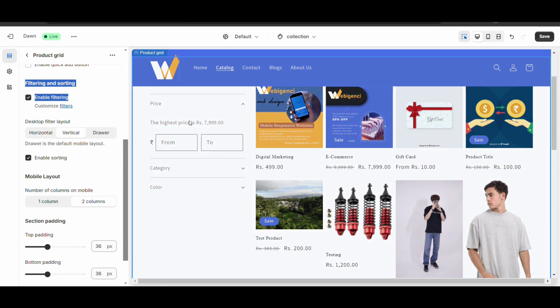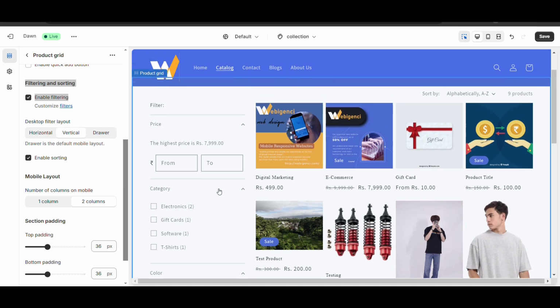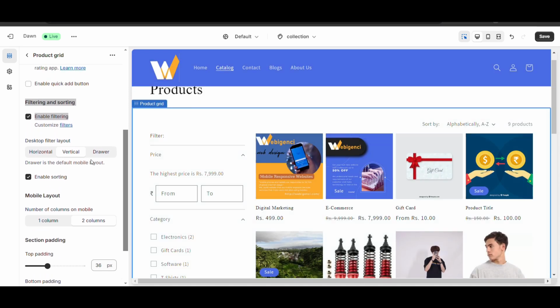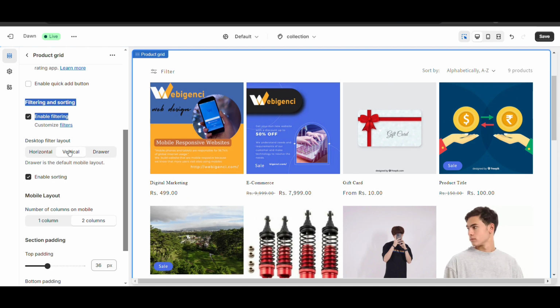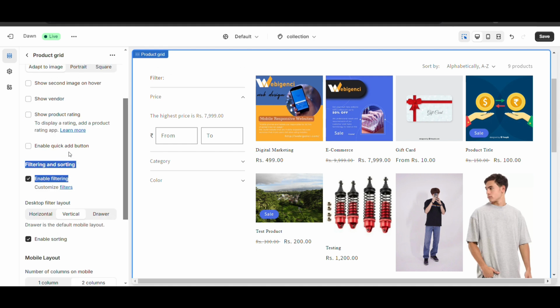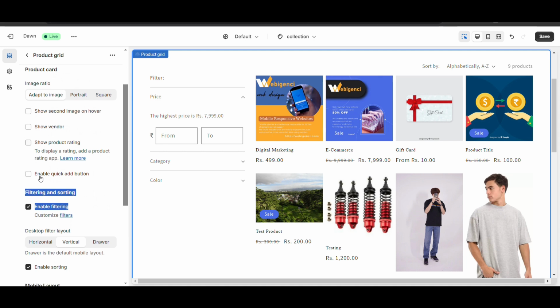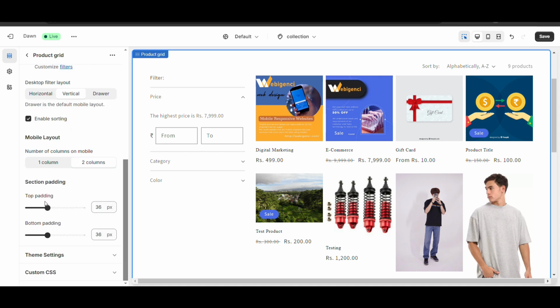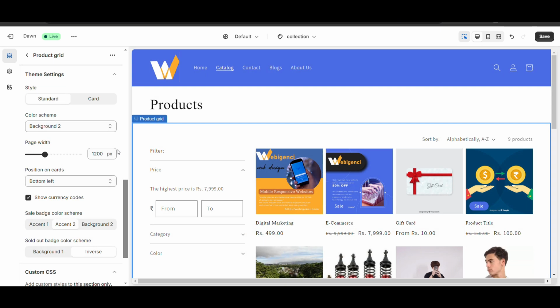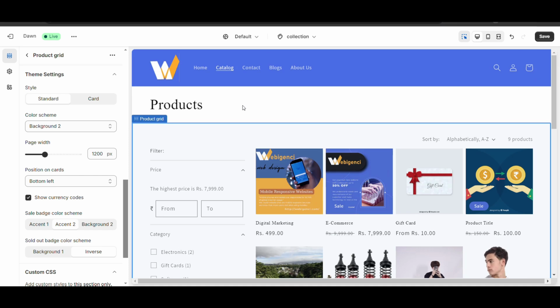So you can select the layout, like vertically. Here you can see category, colors I am able to show. Drawer you can set as per requirement. There are different type of options you can set as per requirement. Okay. So that's how you can add price filter, category filter, and color filter in your Shopify website in the product page. If I save it,